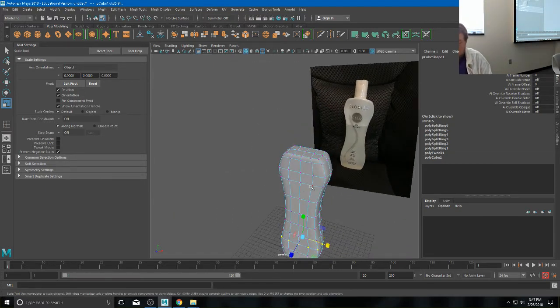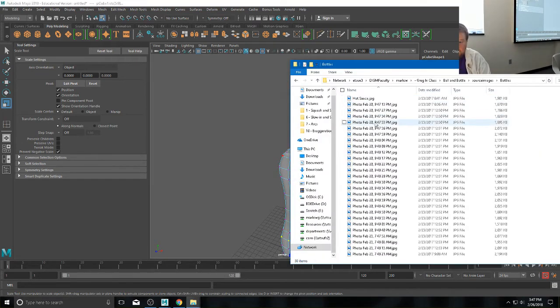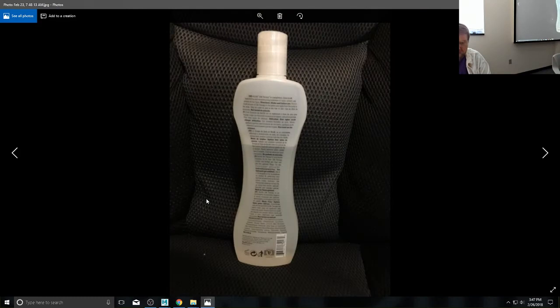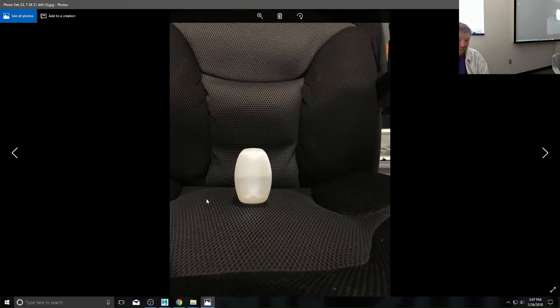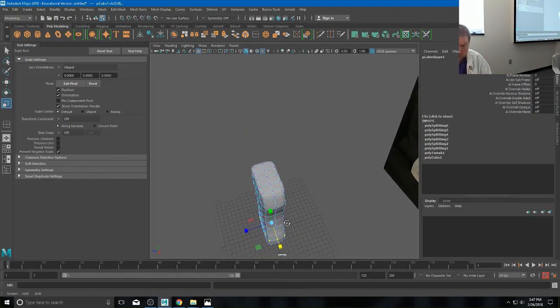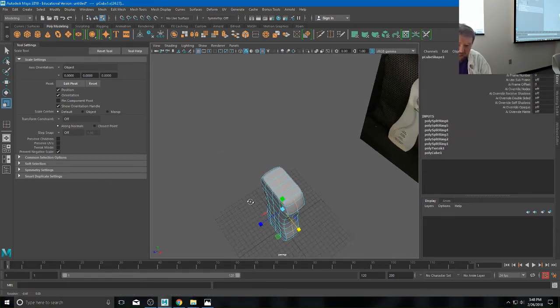Now, something we can notice from this bottle is that if I look at some of these other images of it, it's not perfectly flat. You get a little bit of a roundedness here on this side, and even a little bit right here. But my bottle in Maya is much flatter. And so I need to bulk that out a little bit. So again, I'm going to use my edges. If I double click on my edges here,